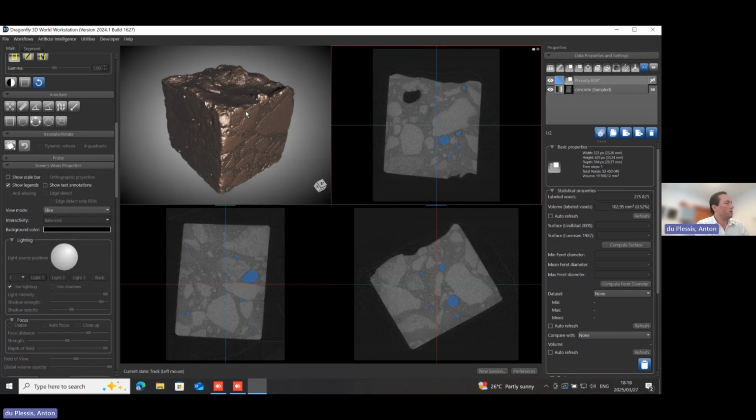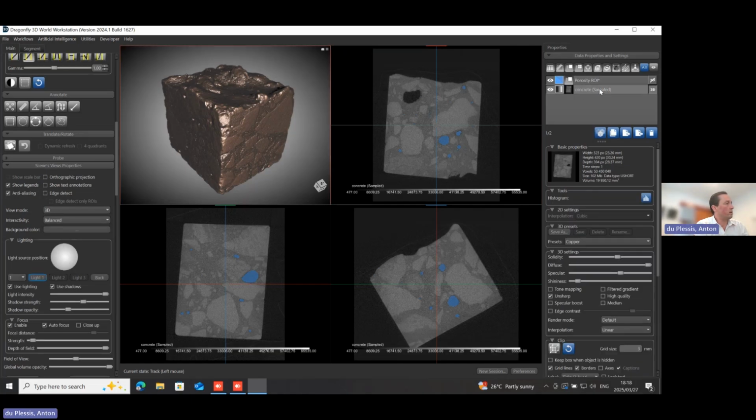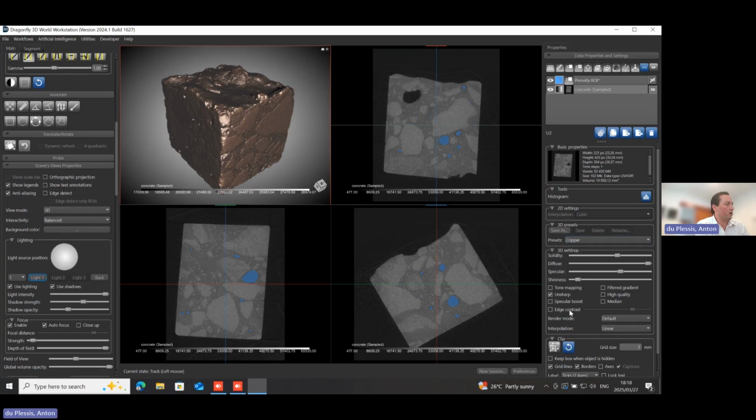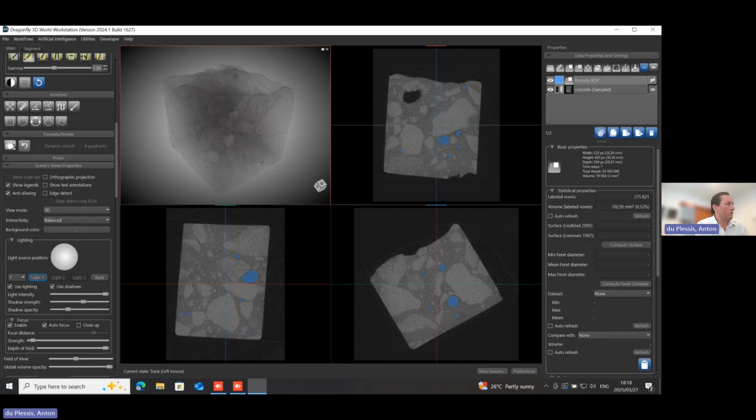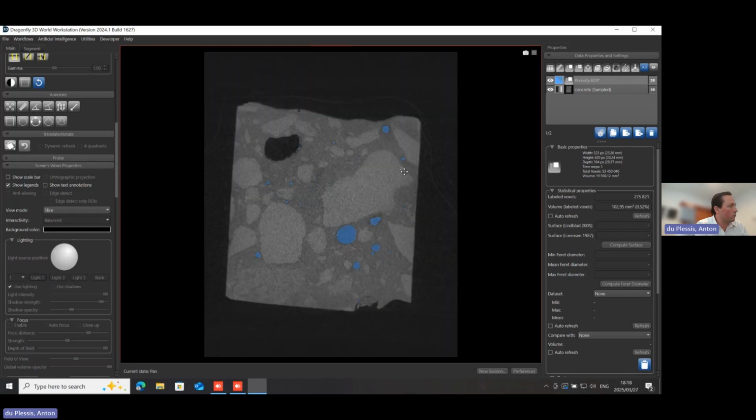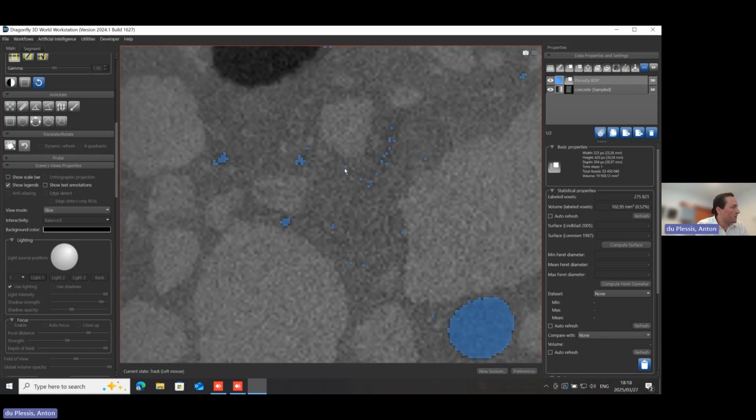If we click on the 3D window and click on the data set itself, we can again make it transparent with the edge contrast slider, drag it all to the left, and make the porosity visible. There we see all the pores that have been segmented here. One of the things you might notice is there are a lot of small pores visible in 3D. If you double click on a 2D window, you can see there are some small pores here, which might only be 1 voxel in width. So we want to clean up the data and remove these things.